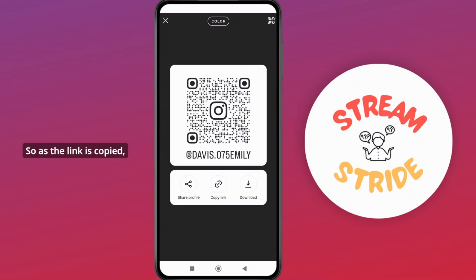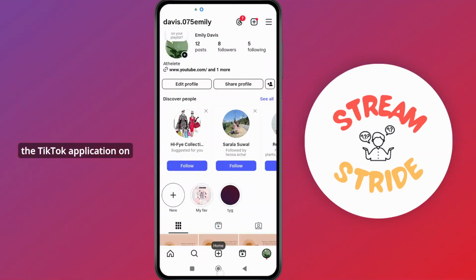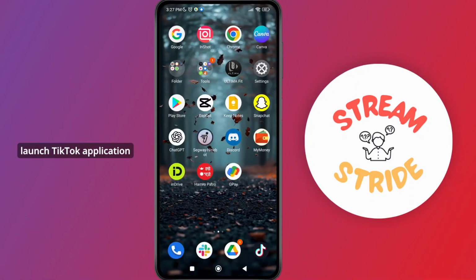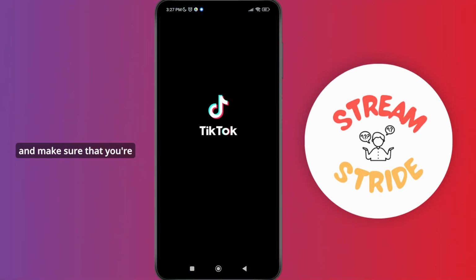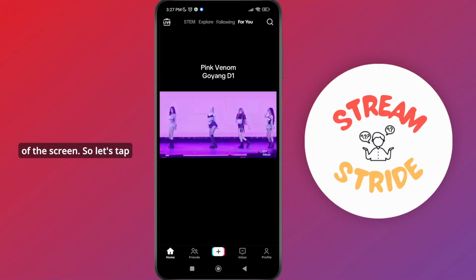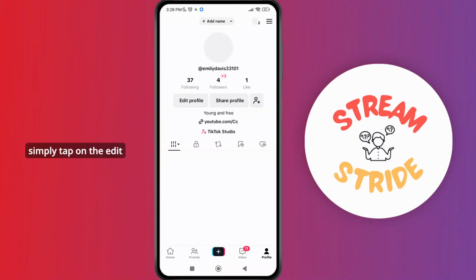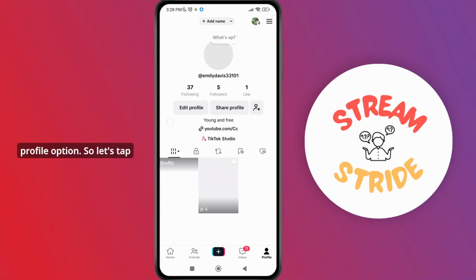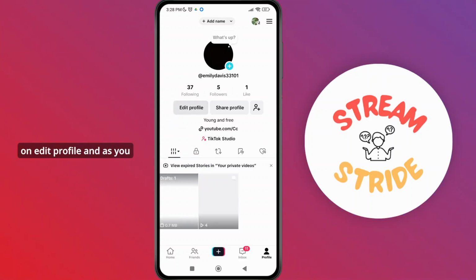So as the link is copied, we're going to go back to the TikTok application on our device. So let's launch TikTok application and make sure that you're logged into your account on TikTok app as well. So as you're logged into your TikTok application, simply what you need to do is tap on your profile at the bottom right corner of the screen. So let's tap on our profile, and as we tap on the profile, simply tap on the edit profile option. So let's tap on edit profile, and as we tap on edit profile, what you need to do is you'll